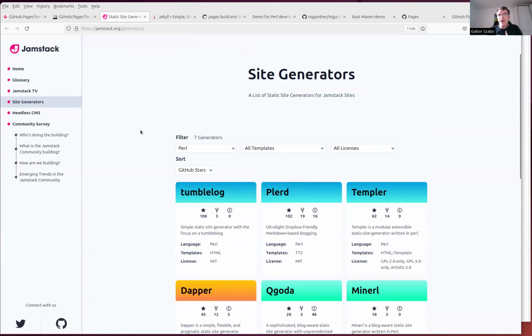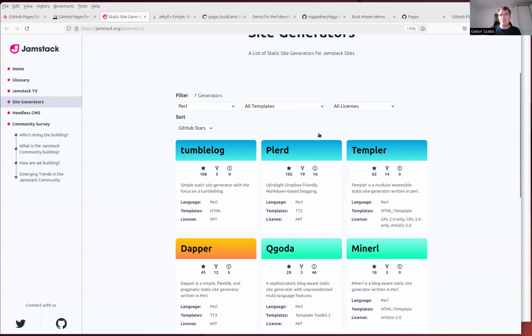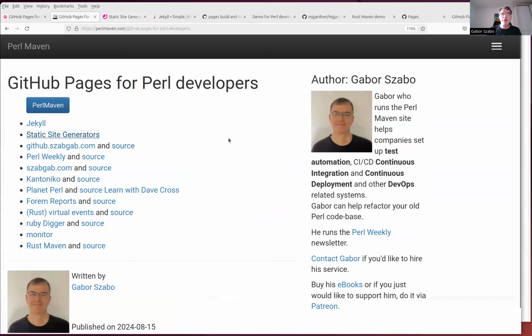I know I wrote a few of these, and none of them are listed here because they are not that generic. But you can pick whatever language you like and play with these tools if you would like to start using it. But of course, for that, you will have to write your own GitHub actions. And we're going to get there soon. This should have been later, this link. Before that, let me show you a few of the other sites that I have